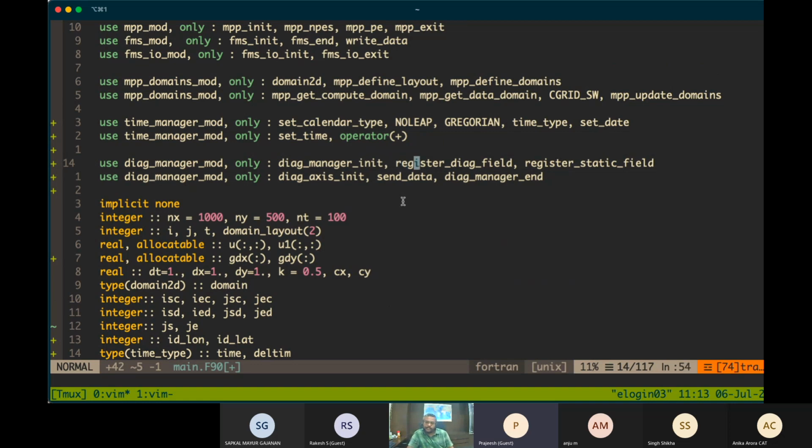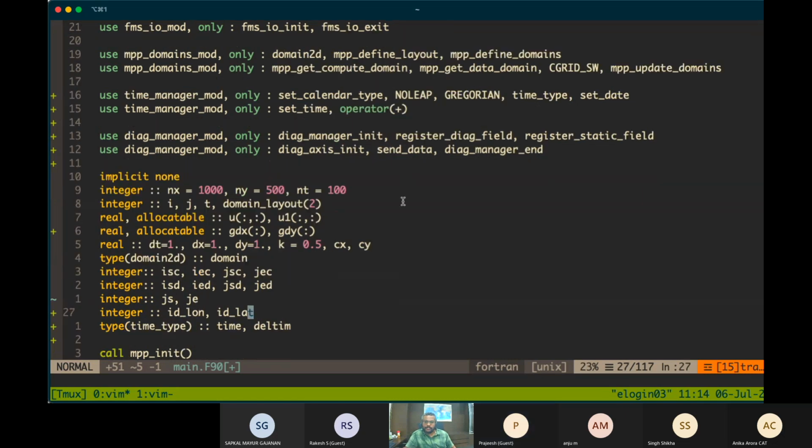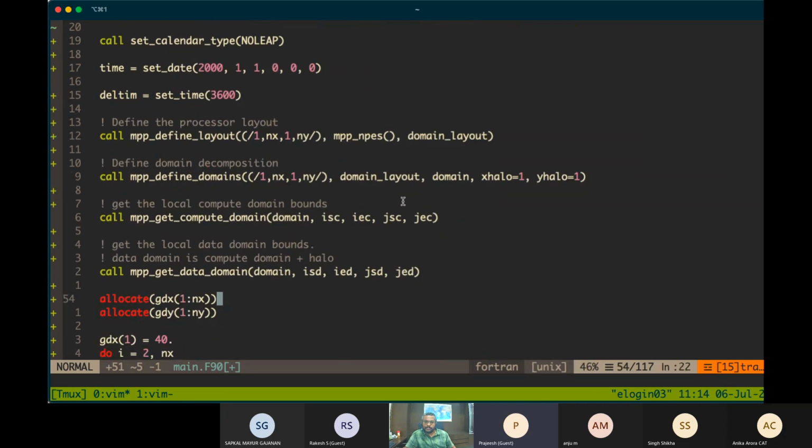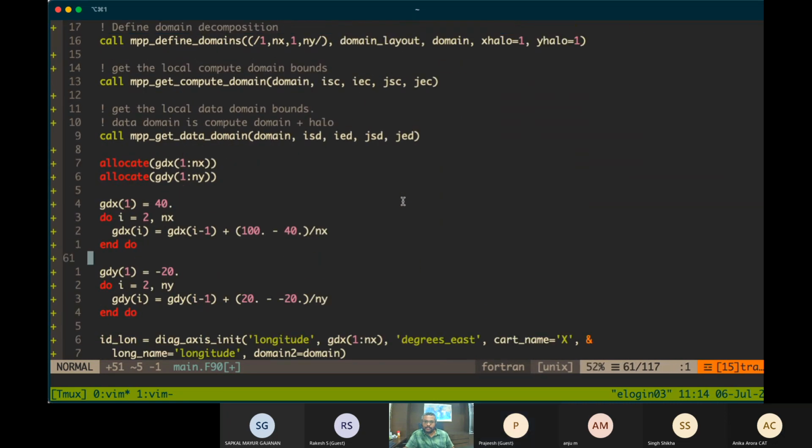One is the time varying one, which will change with time, and the other is static fields, like topography, which won't change. For defining the time varying one, you have to use register_diag_field, and for the static fields, register_static_field. So here we'll define a diag field.